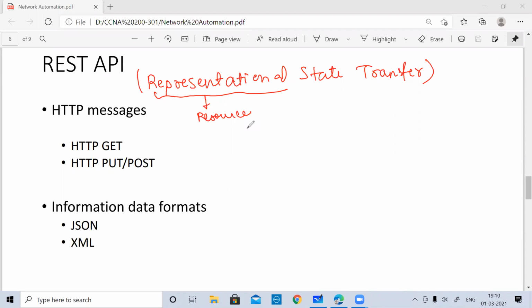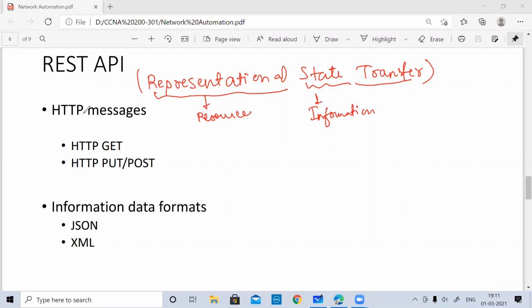A resource can be any object, any information related to your network. So representation, the basic meaning, is trying to represent some resource. State transfer is how you are able to transfer the information within that complete operation. State is, I can say, that particular information transfer.